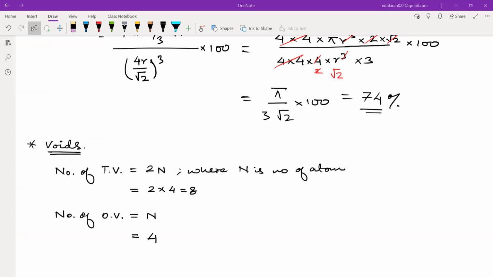So other students, please write the information about the voids, and then